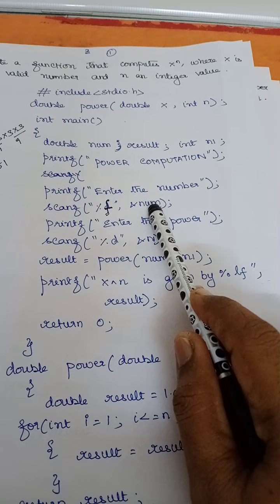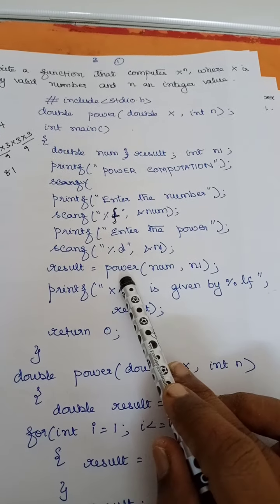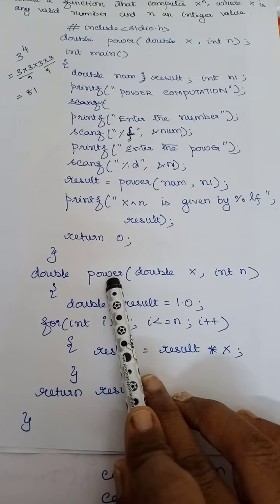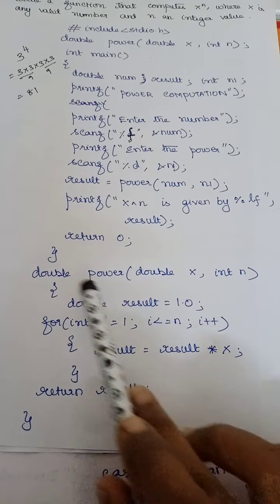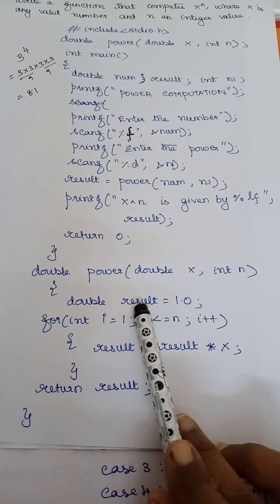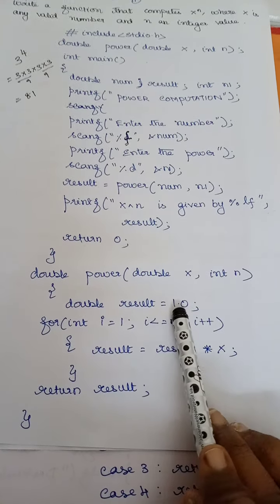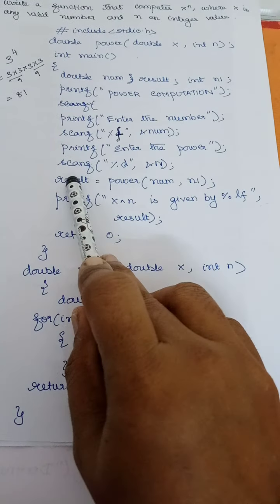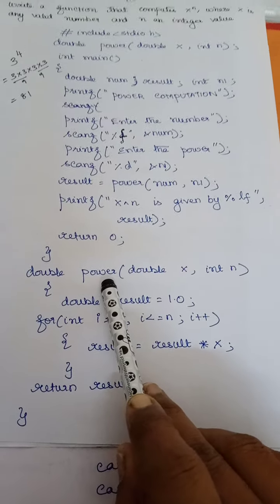For this I need to calculate the power, so this power value I am sending, and I am calling the function called power, right? So the return type is going to be double. Power is going to be the name of the function, with the 2 arguments, right? Now here I need to return the double value. So here also I can have one temporary variable called result. Result is equal to 1.0. Now this result is different from the one in main. Is that clear? This is a local variable of this particular function, right?